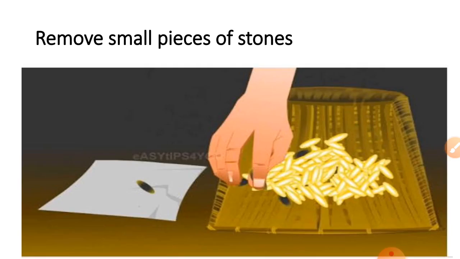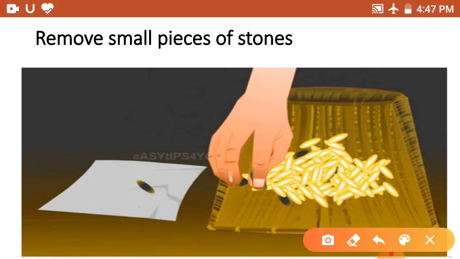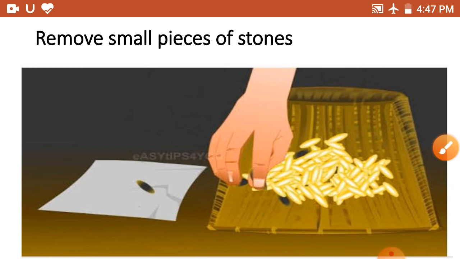Now the third reason is to remove and discard impurities or potentially harmful substances, like picking out small pieces of stones and other impurities from the rice and wheat. In this picture you can see the harmful substance is a stone or anything else. So he is picking out these things from the rice. So these harmful substances are picked out.